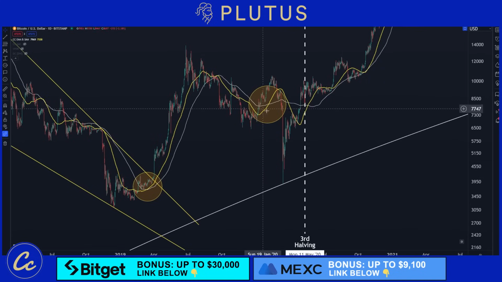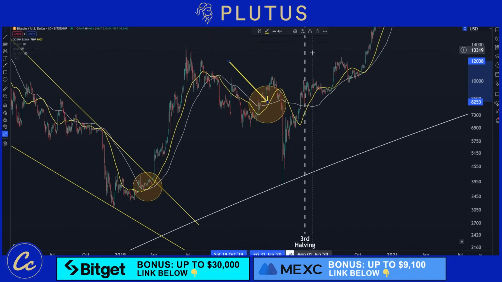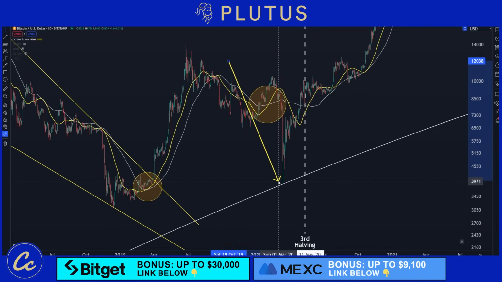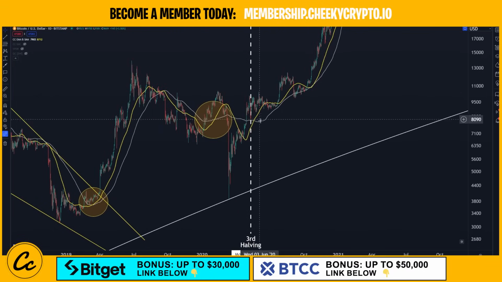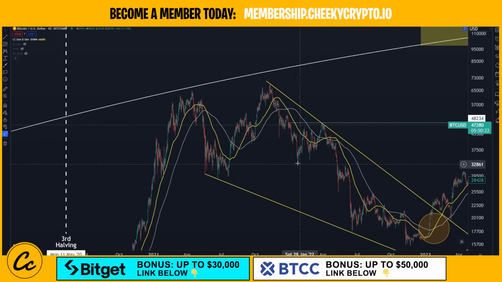Now, we do know that this bullish cross here, realistically speaking, would have been the one that really would have just taken us up if it hadn't been for the pandemic crash, obviously bringing us down to the historical 2020 crash that we saw. So everything on this at the moment is looking really, really good, right? We've had a couple of these bullish crosses on the 50 moving average and the 100 moving average, and it's happening before the Bitcoin halving event. Now, in the case of the Bitcoin halving event here, we saw pretty much just sideways ranging movements, and then we saw a bit of a takeoff to the upside into the 2021 bull market high.